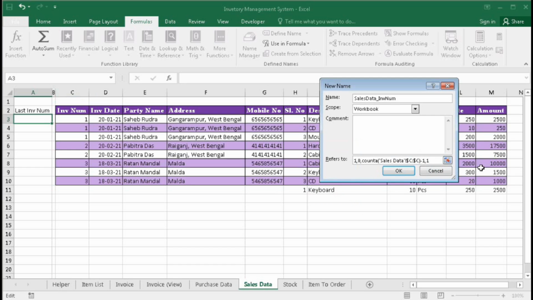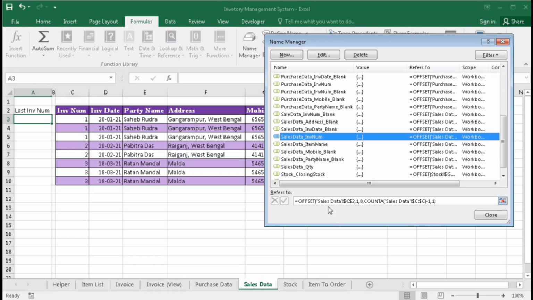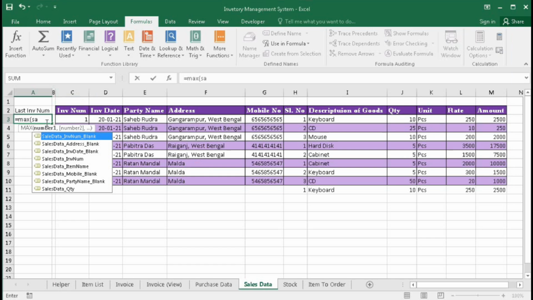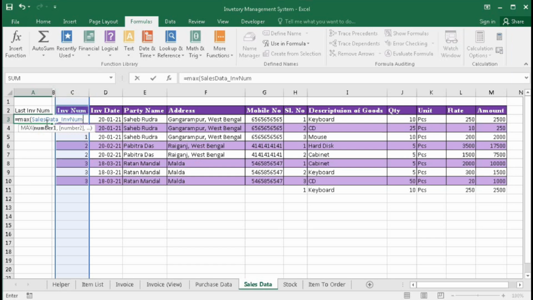Here should be bracket close. Okay, yes, reselected, and here will be MAX(sales data invoice num), enter.